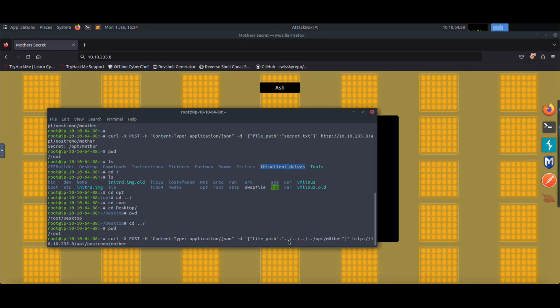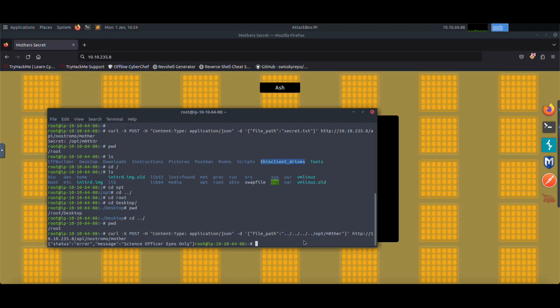Is mother a txt file? I do not know, but if it gives some error to us, I will try it like that. I don't change this directory because it means go back. Okay, so let's